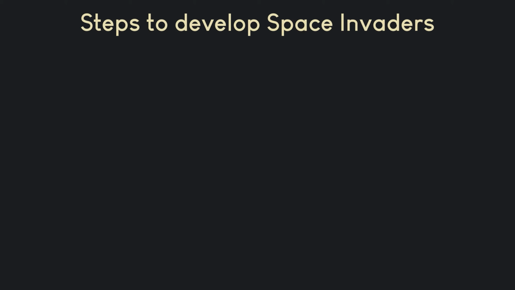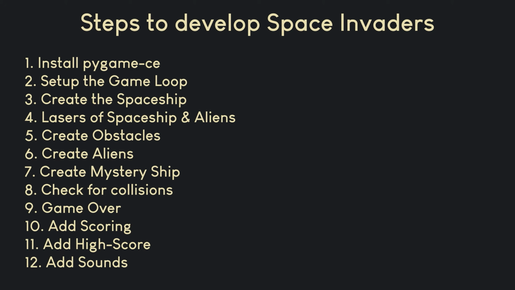Space Invaders may seem complex and challenging to develop, but fear not, we will take a divide and conquer approach to make it more manageable. In this tutorial, we will break the development process down into 12 steps, tackling each one individually and building upon what we have accomplished in previous steps. With this approach, you'll be well on your way to creating your own Space Invaders game in no time. So let's get started to see how we can conquer this challenging project one step at a time.